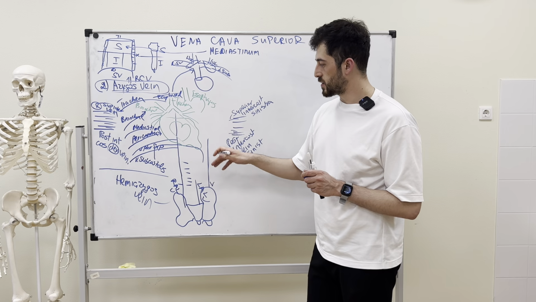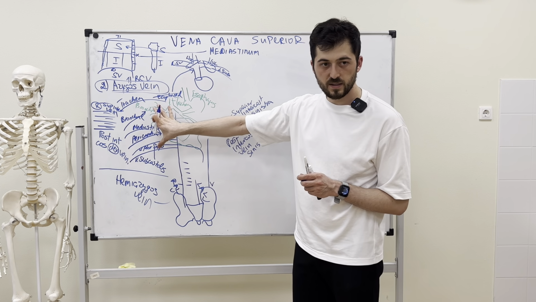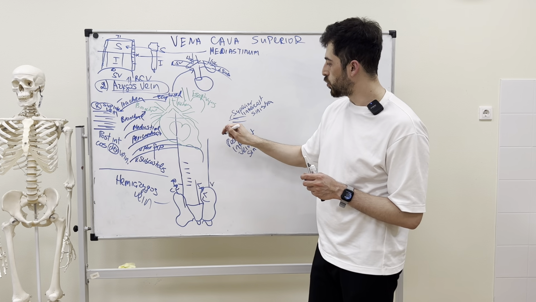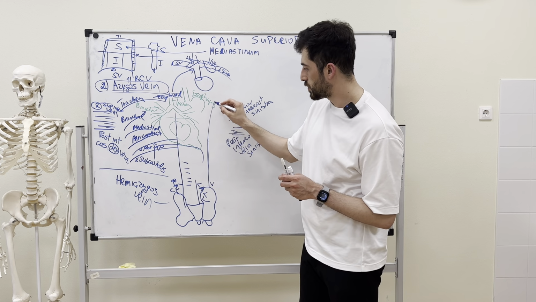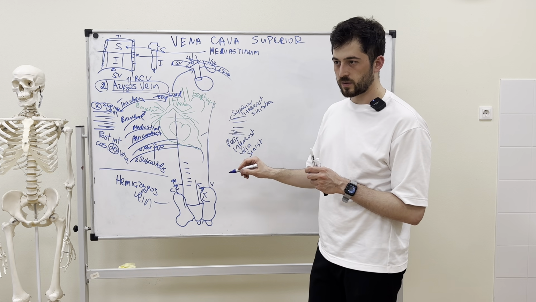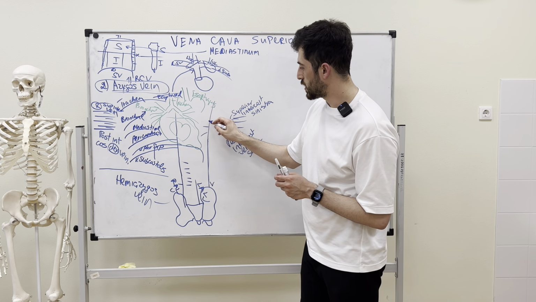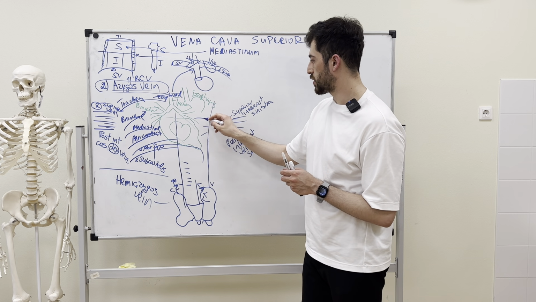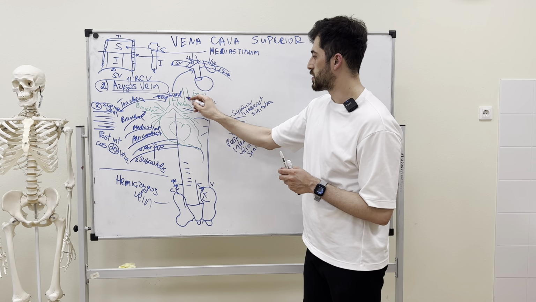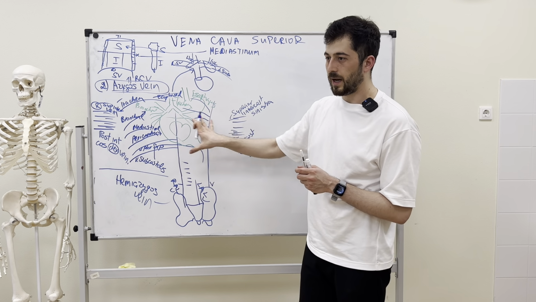The hemiazygos has another branch also. We have all these organs from the right side, and we have the same branches from the left side. It will go to the pericardium. It will have some mediastinal. It will give trachea, bronchi, to the trachea, to the esophagus, right? It will repeat all its branches, and after that